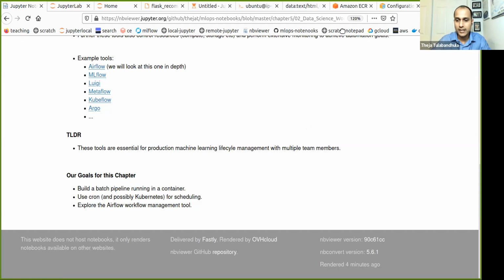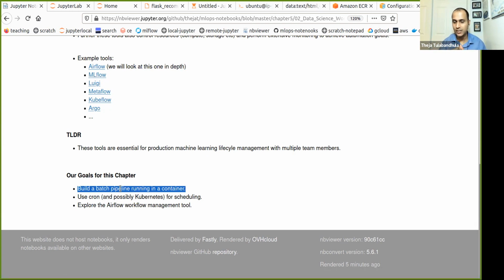But it turns out that in modern times, basically in the past few years, these tools have become very essential for those companies which have multiple teams working on multiple models, multiple iterations of models, which need to be retrained, rerun. Reports need to be generated in terms of the prediction performance again and again and again. So for all this, these tools become indispensable.